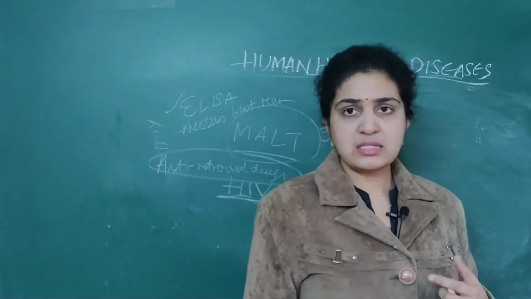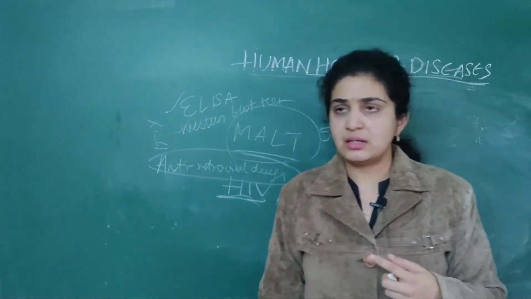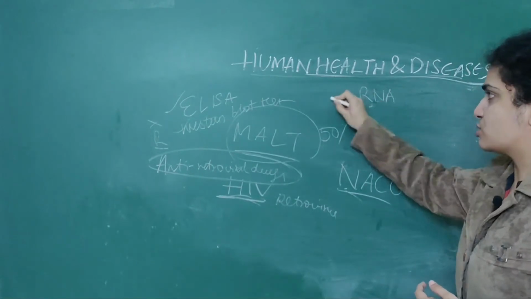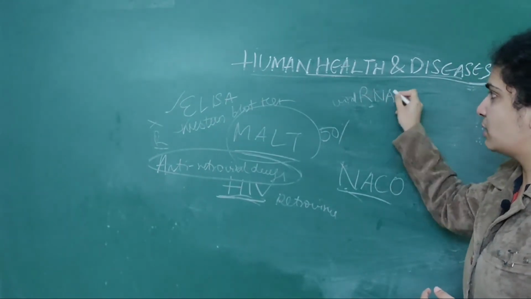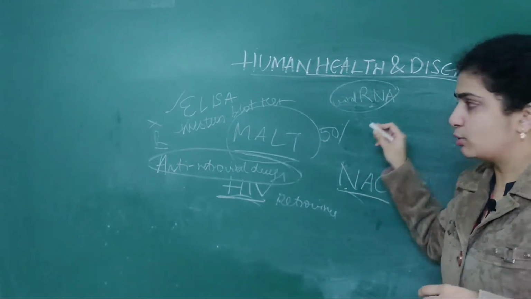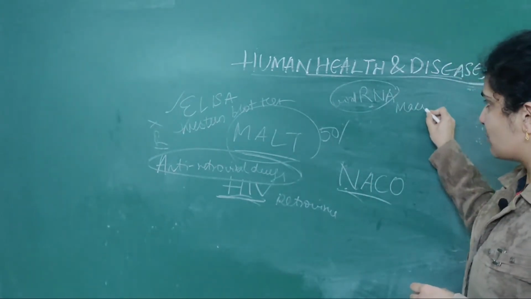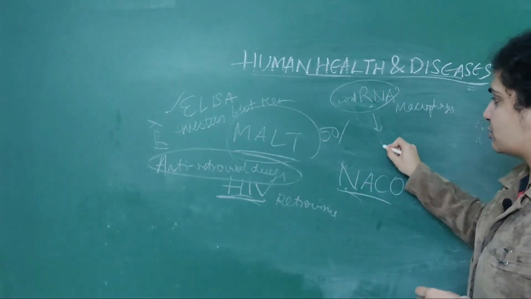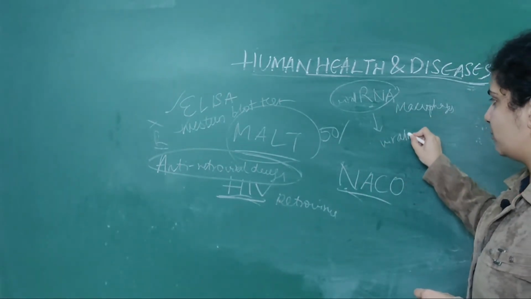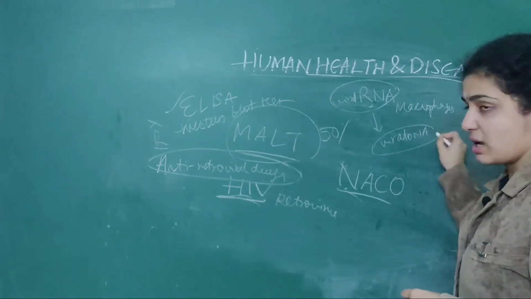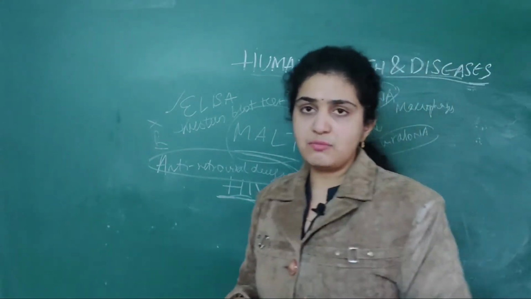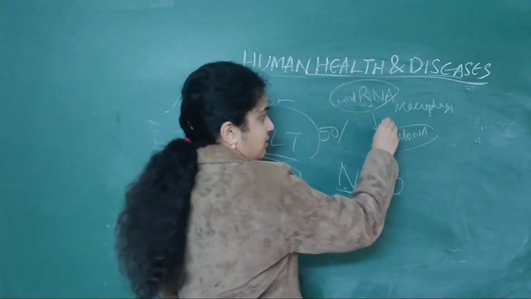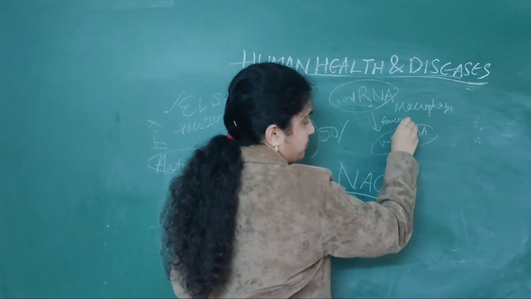Then what is the mechanism of this virus? Basically, I told you it is an RNA virus. So the viral RNA will enter, simple to remember, don't get confused. First it will enter the macrophages. Then it is transformed into viral DNA. When RNA is transformed into DNA, one enzyme will act. That is nothing but reverse transcriptase. Reverse transcriptase.